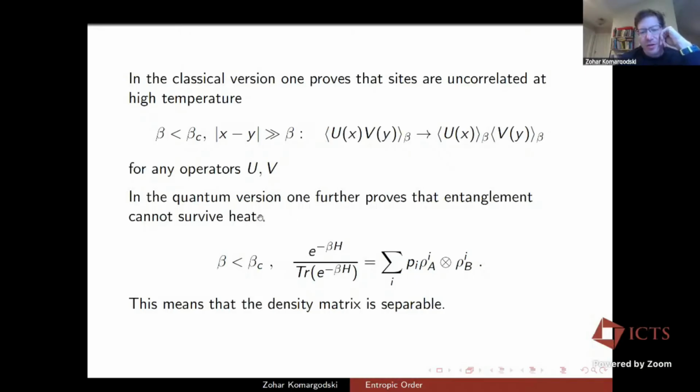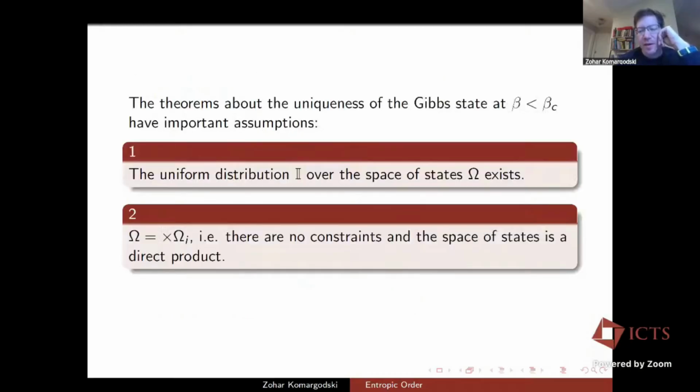And there is a quantum version of the same statement, which is interesting, where it's shown that there is always a critical temperature above which the density matrix becomes separable. A separable density matrix means that it's essentially a sum of classical density matrices, so they're factorized. And that also means that entanglement dies, and all the quantum spookiness ceases to exist at high temperatures. So these are rigorous theorems that can be proven about high temperature physics under various assumptions. And of course, the devil is in those assumptions. So now I'll tell you what the main assumptions of these theorems are.